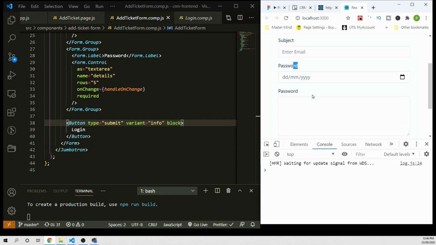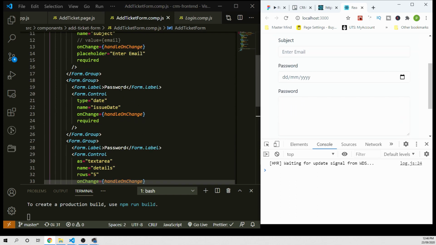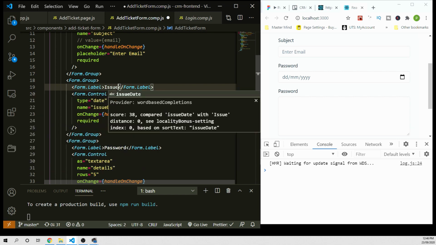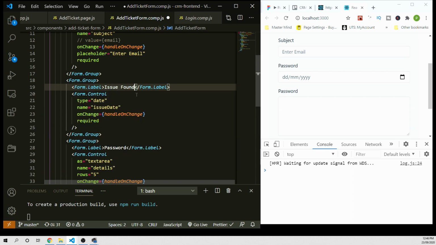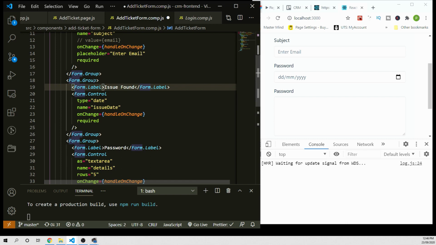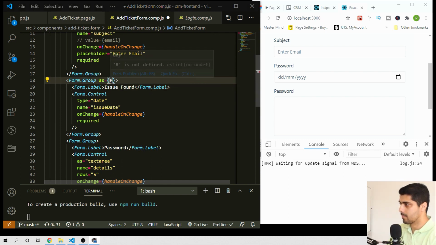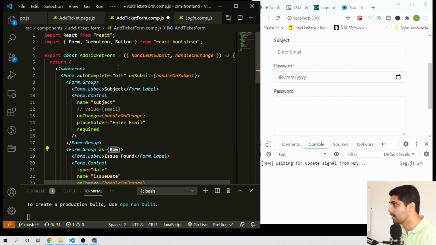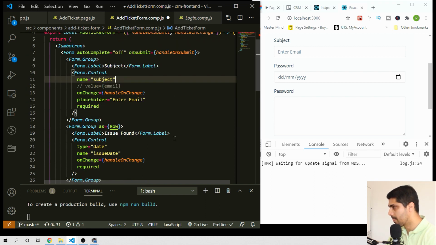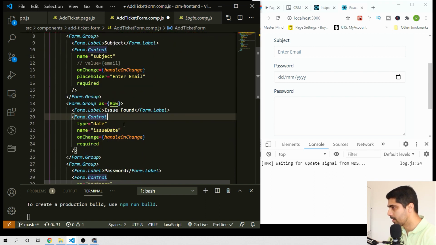Subject, not password, issue found. I think that should be enough. We don't have to say it. The form group is a row, we need to define it here. We need to bring it in, and then Col as well. Okay, we got the row defined here. Just give this one a column,